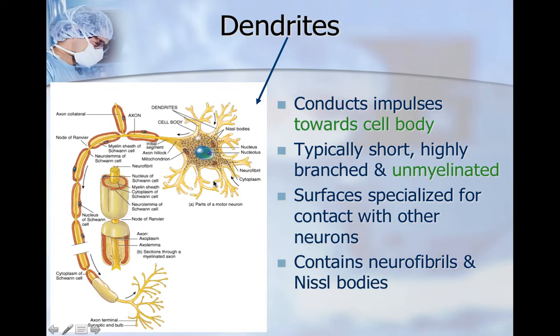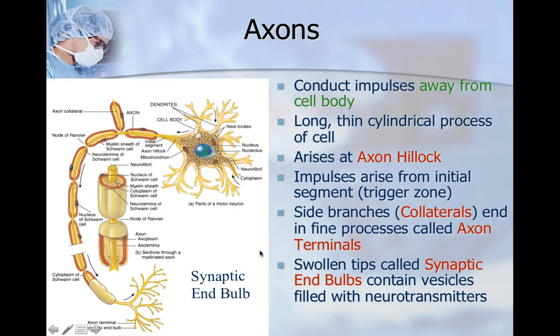Okay, so the neurofibrils are these little things, and the Nissl bodies are these little things. It's kind of hard to see in the picture right there. Now the axons,